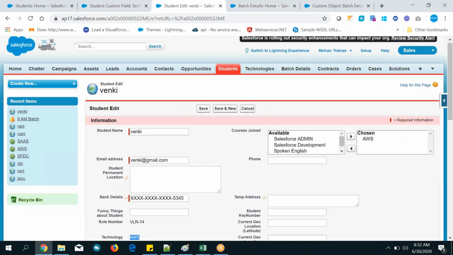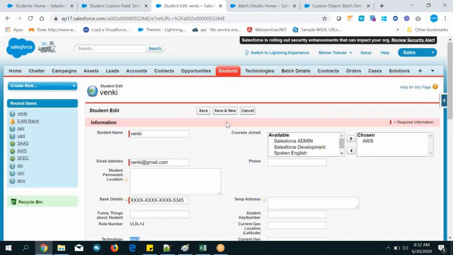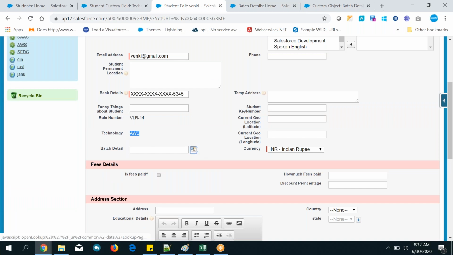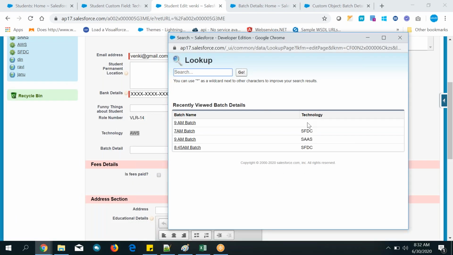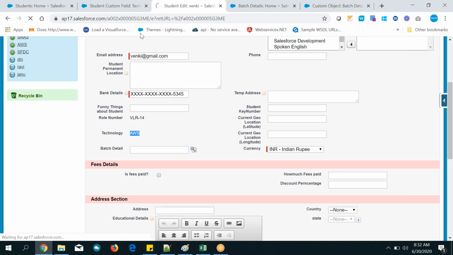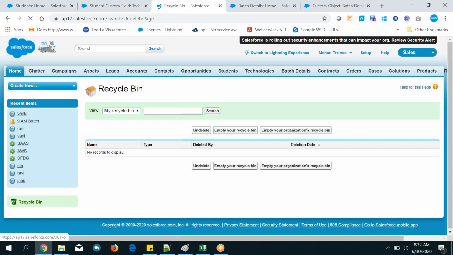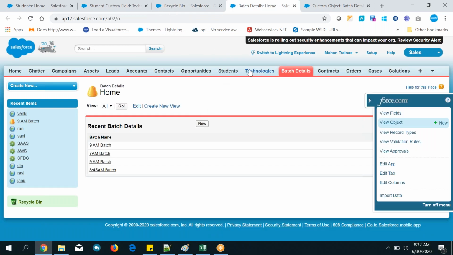Just for your purpose. So now I am on each student record. So AWS, right? Okay. So where is AWS? I think I removed AWS technology. So just revert it first, go back, data. Where is the AWS technology?